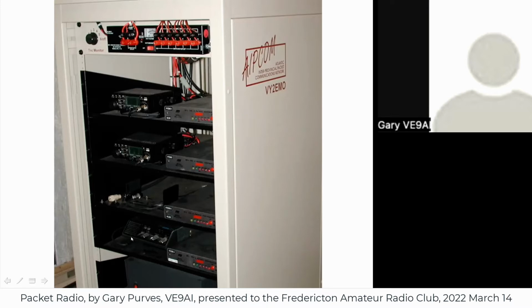So there's a power supply in the bottom, and this one's got 4 TNCs, but I see one's not equipped there right now with a radio. But these are all connected together. So if you come in on one, you can go out on the other. So those are the radios and the power supply down the bottom, and a monitoring system up to the top here where you can monitor each one.